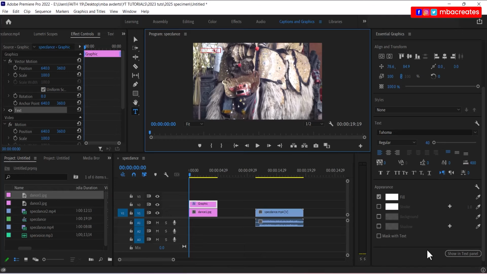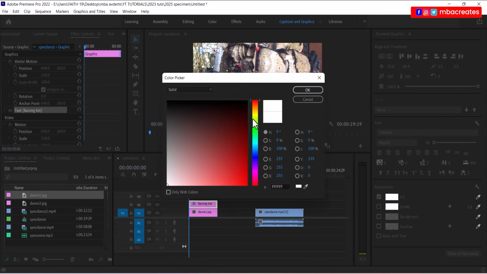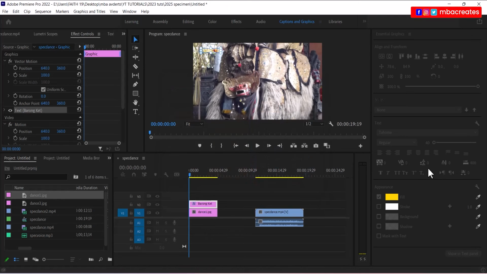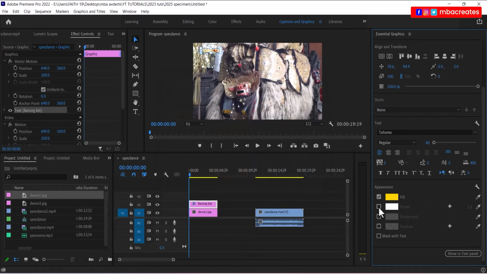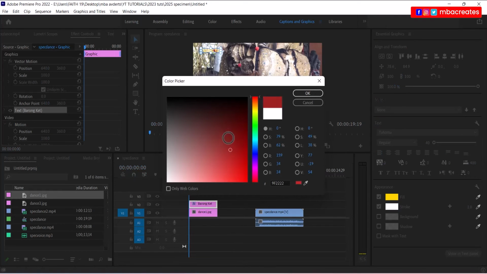It's become very obvious that we can barely see what I'm typing. So I'm going to click on my selection tool. That selects the text entirely. And then I come into appearance down here. Change the color. I'll prefer something yellow. I can even add an outline to it. That will make it more distinct. A black outline,